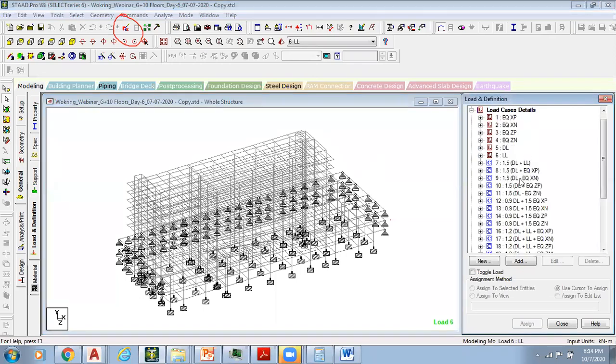See, 1.5, 1.5, 1.5, 1.5, 1.5, then 0.9, 0.9, 0.9, then 1.2, 1.2. So we have a kind of organized load combinations here, right? This organized load combination is more important further on when we are designing the foundation for this structure, because we need to take the load reactions from this structure, and those reactions would be well organized based on these combinations. But when I say auto load combinations, then STAAD will take random combinations. Of course, it will consider all the combinations, but they will be very random. So that would be tough for us when designing the foundations. That's why people do not prefer these auto load combinations.